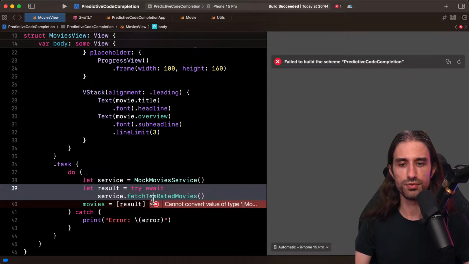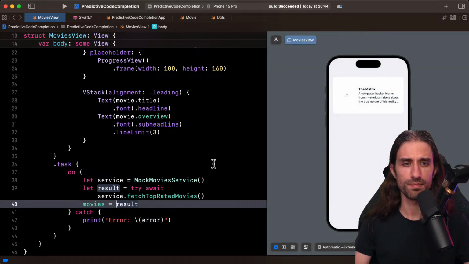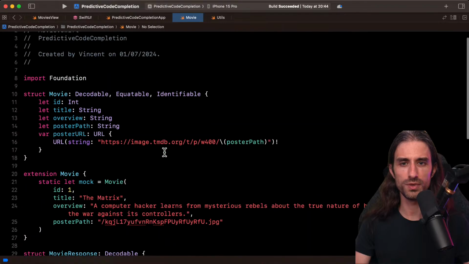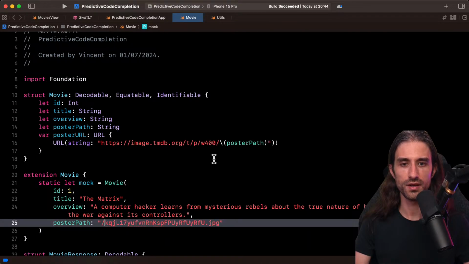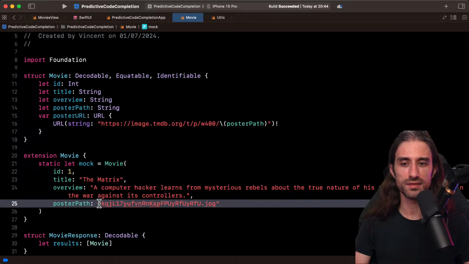Oh yeah, because I started putting the thing between an array when I didn't need to. I want to see the poster URL it gave. Here, the poster URL it gave doesn't seem to be correct, actually. Or maybe it's because there is this trailing slash, which is already here. So maybe it's just because of that.